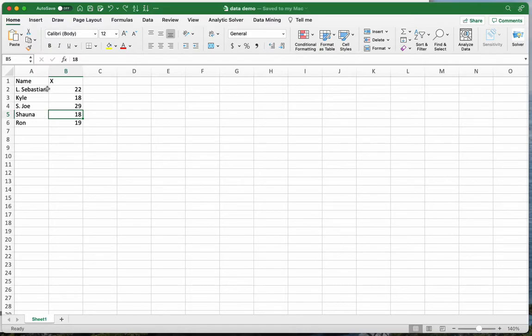Also, I know that 5 people or 5 entities in a data set is really small, but just go with me here. We don't really need to demonstrate these principles on a data set with 38,000 cases in it. 5 will show us the same thing and allow us to see it a little more clearly. Okay, so first off,